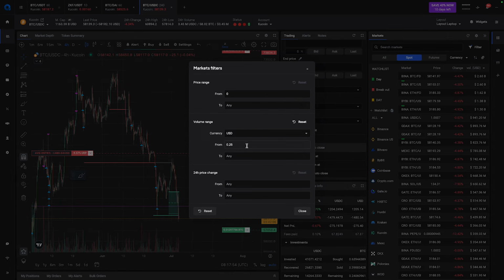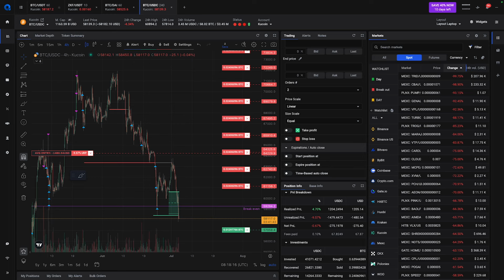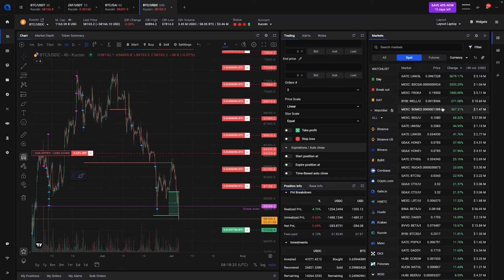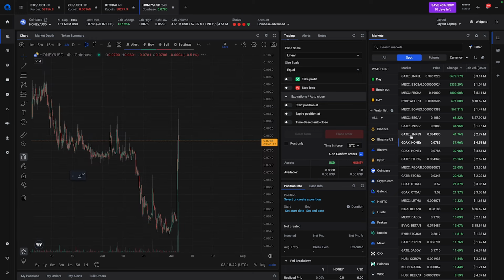So let's say we want to have at least 1 million USD traded in that market. Now all the markets are filtered by volume. Then we can also make sure that there is a high enough change. So we can look at the markets that have had a large increase in price. You can specify a higher time frame, and then in the Markets widget, you can use the keyboard shortcuts to